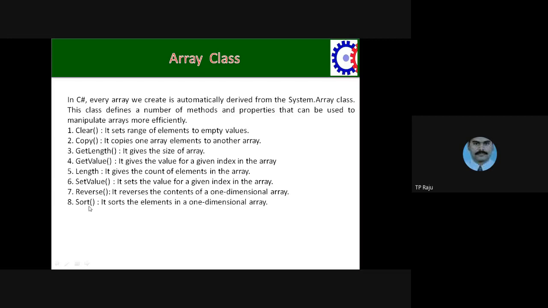Reverse means you can change the positions of the values, starting to last, last to starting. Sort sorts all the elements in ascending order only.